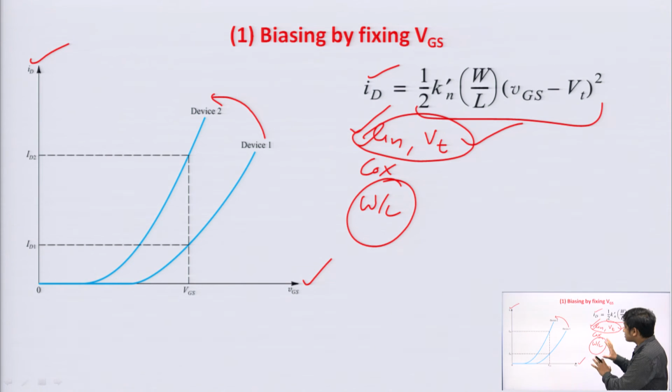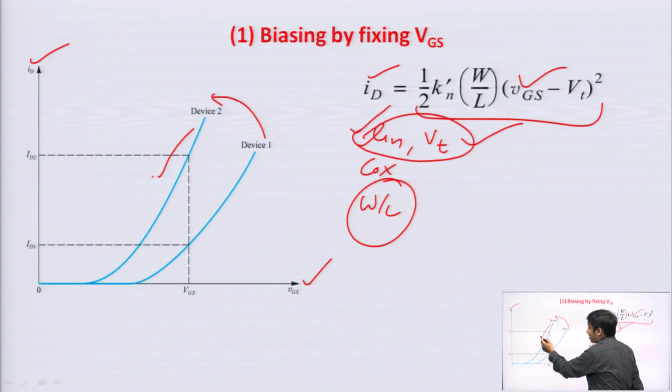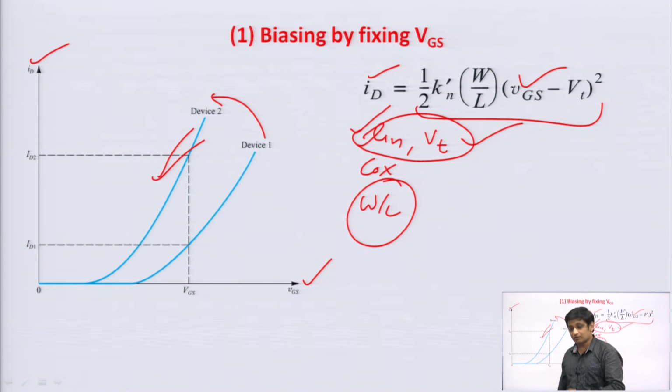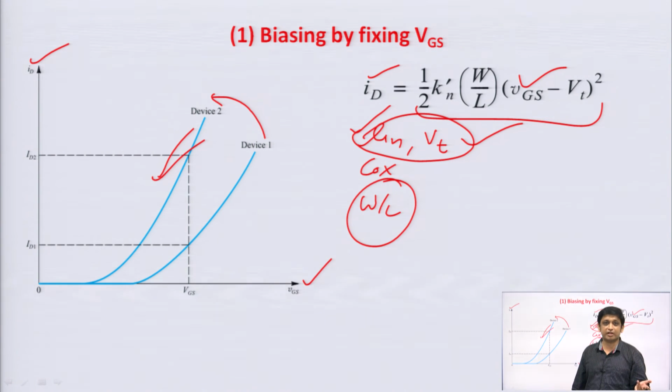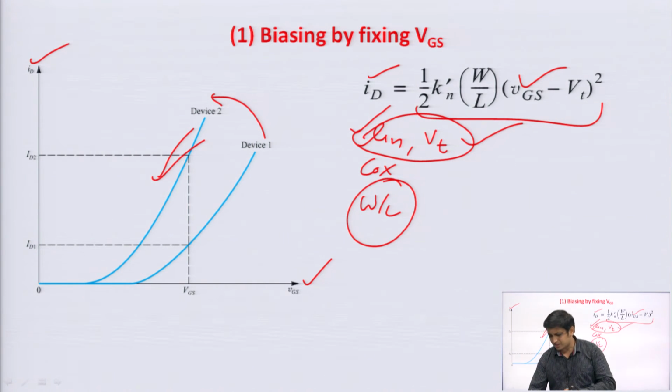So, the problem of biasing by fixing VGS is that we can fix VGS, fine, your VGS is fixed, but if your temperature changes, then very easily you can see that your drain current changes. Your mu n mobility will change, your threshold voltage can change, even in the fabrication your W by L may change slightly. So, your drain current is going to change, that is why you can see there is a change in drain current here in the graph. The drain current should be constant, it should not change, otherwise your bias point will shift. If it is shifted, then again the distortion will come.